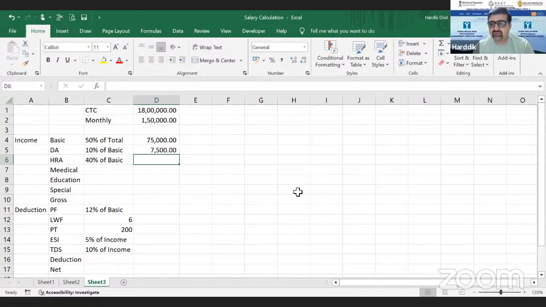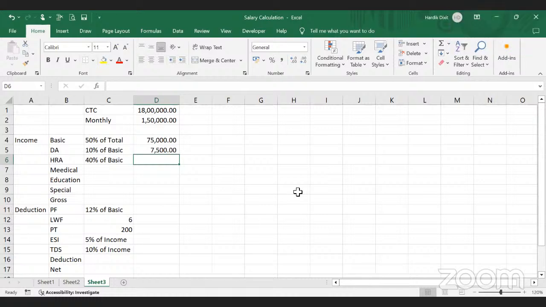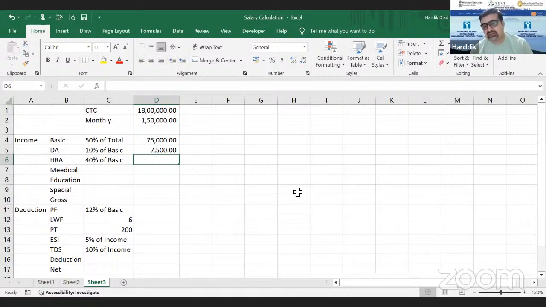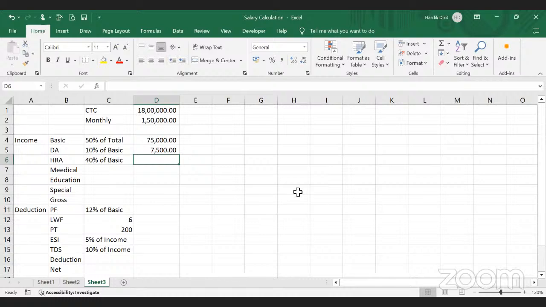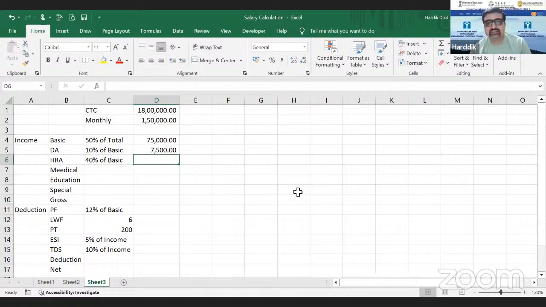There were three questions, out of which one question was related to HRA. What are the implications? What are the tax implications? Sir, why is HRA 40%? Because as per the IT Act 1961, they have classified that for a metro city, Delhi, Bombay, Kolkata, Chennai, Ahmedabad, Hyderabad, Bangalore, these are some of the metro cities. So in case of a metro city, the cost of living being high,